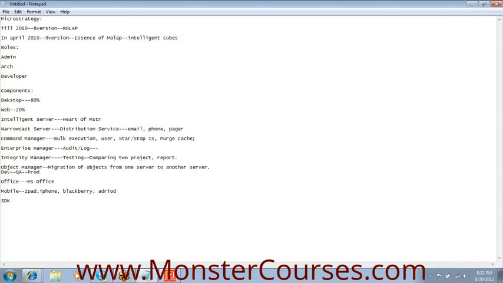You need to give your web server where the mobile server needs to be integrated, and you need to give the server name. Whatever reports you have generated in the desktop, you can view them in the mobile as well.